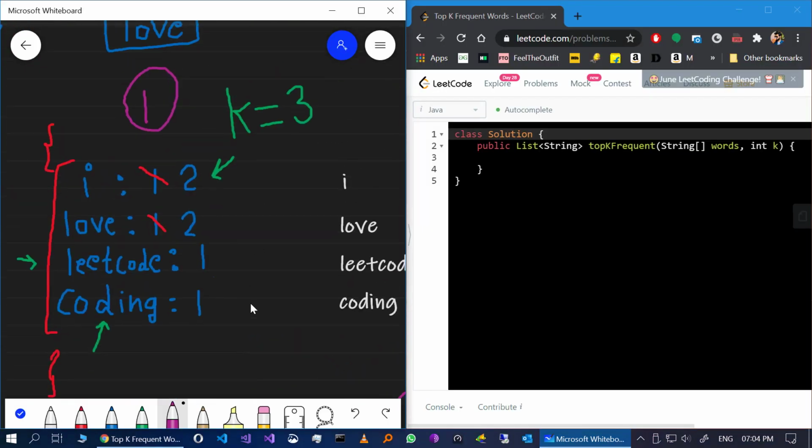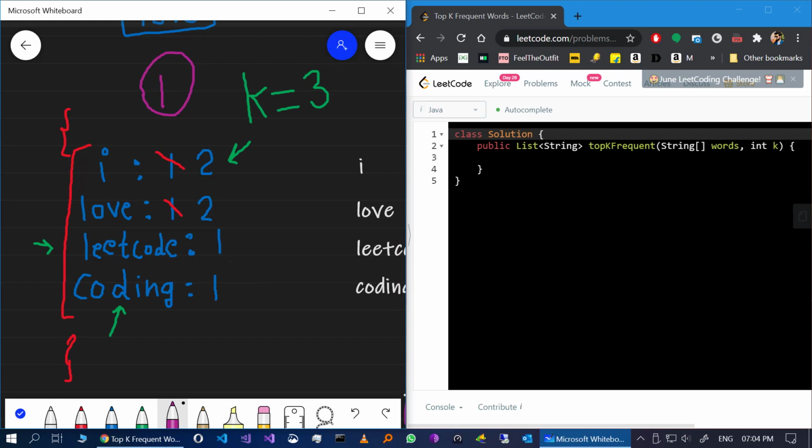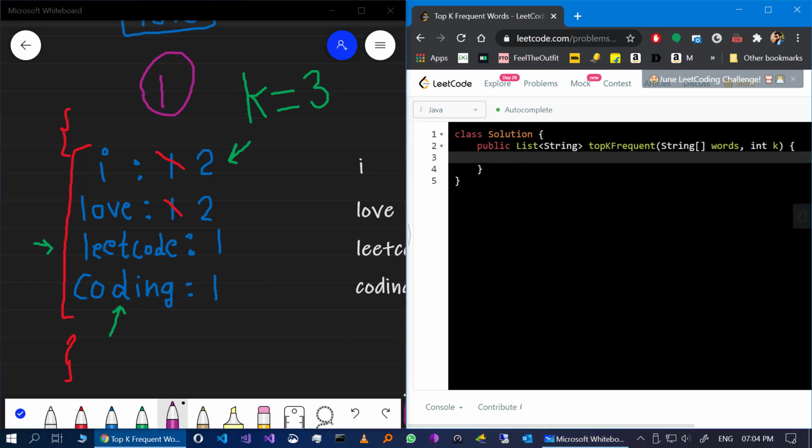So what is our first step? To create the map. Okay, let's just create the map. So map will be of the type string and integer. Our key will be string and value will be integer. I'll give it the name word count. That is what it is going to store.